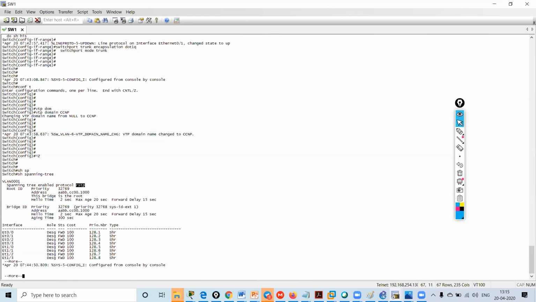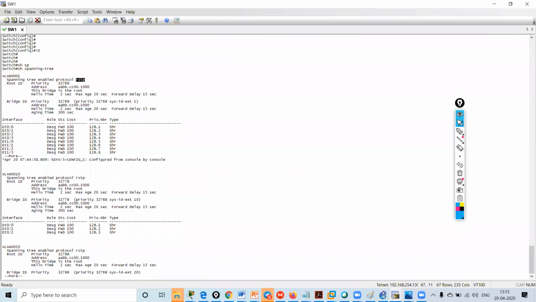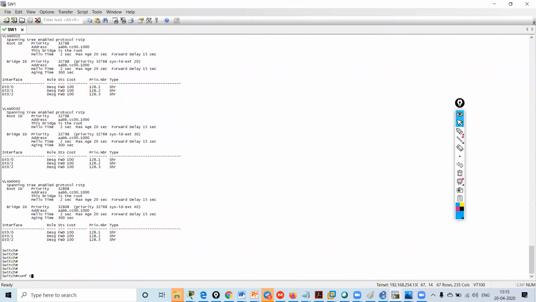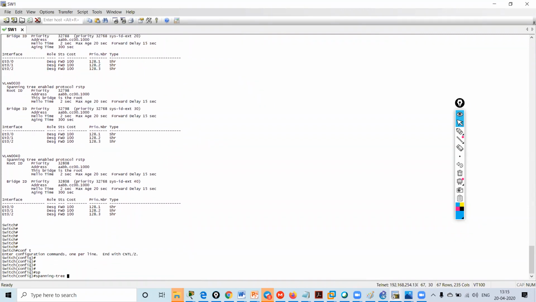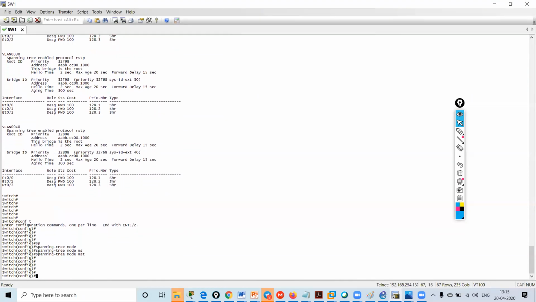Config terminal, spanning-tree mode MST.